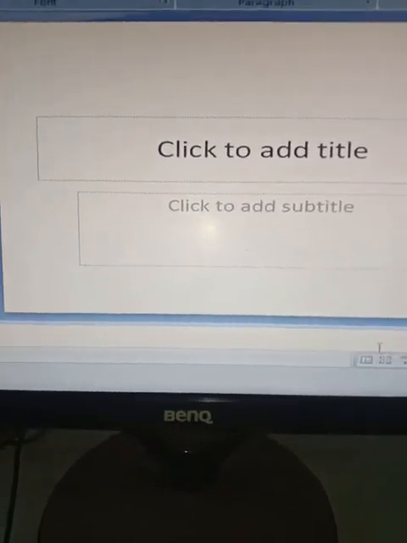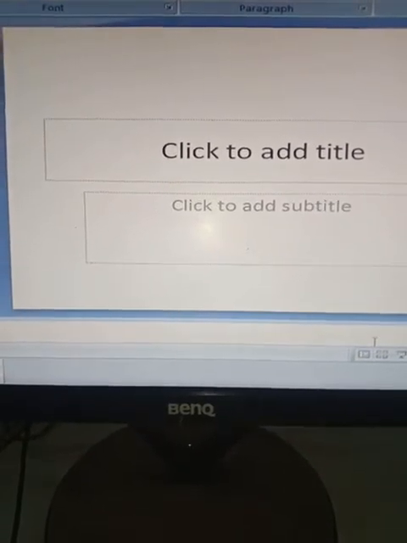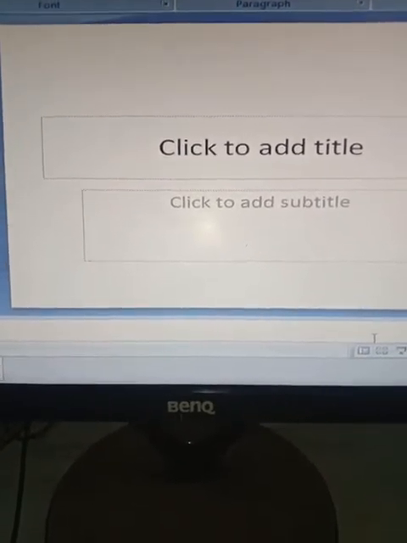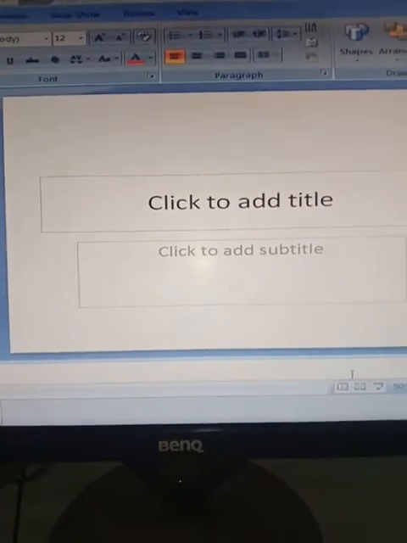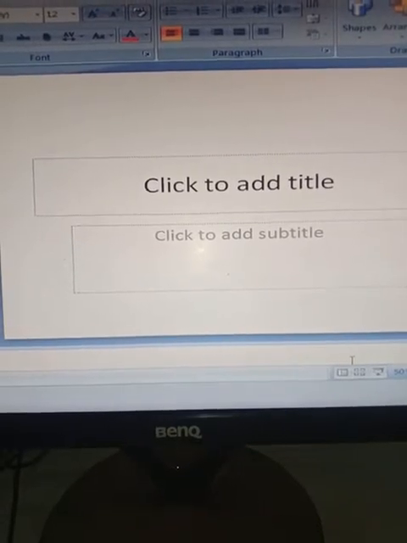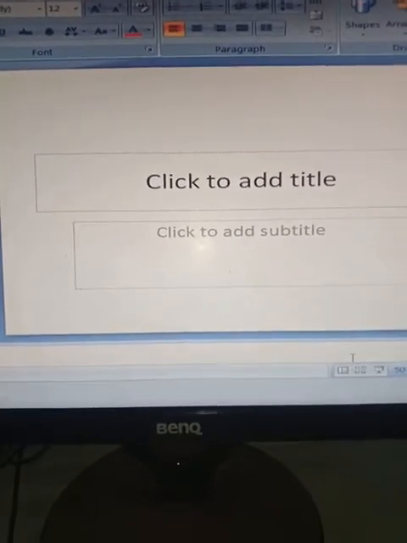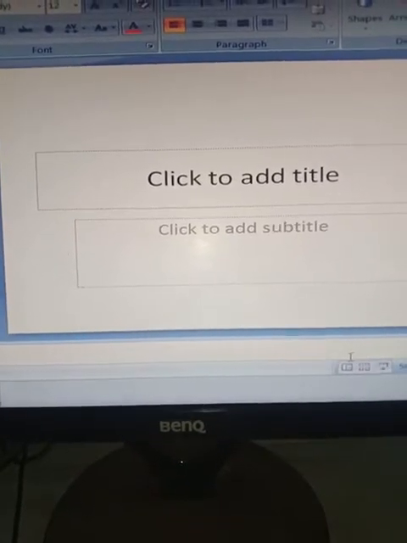Now we are going to discuss some basic elements of a slide. I have already discussed what a slide is in the theoretical chapter. It is a single page of a presentation that is created in PowerPoint, which consists of information in the form of text, images, graphics, audio, videos. Next, what is a presentation? It is a collection of slides.